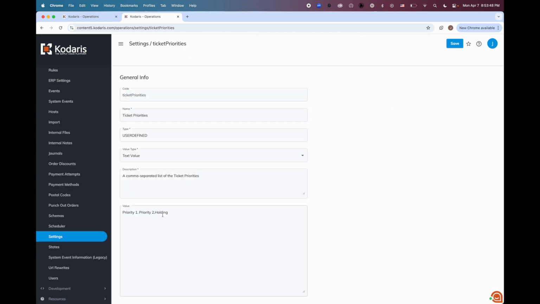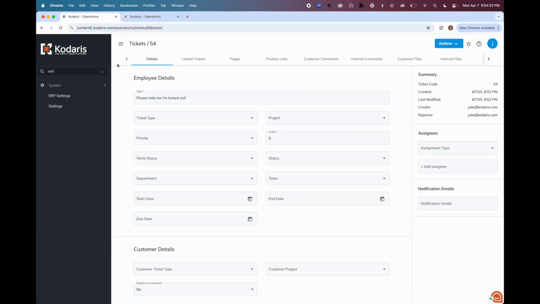And you can enter the priorities you would like to be available on a ticket priority list, separated by commas. So maybe I don't want these priorities, I can clear them out. Maybe I want to have blocker, priority 1, priority 2. Notice I'm separating each priority with a comma and no space in between. And now let's click save